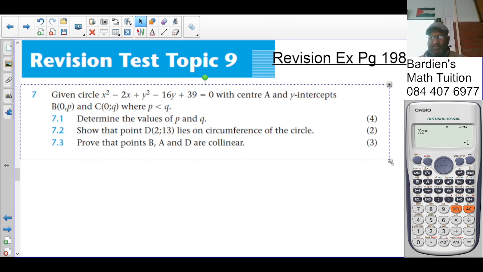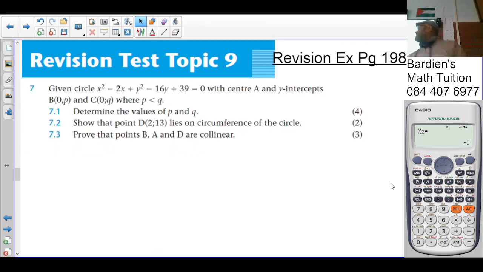Okay, so let's go through number 7 quickly. In number 7, we're given that x squared minus 2x plus y squared minus 16y plus 39 is equal to 0 with center A and the y-intercepts at (0, p) and (0, q), where p is less than q. So if you draw what they are telling you here, determine the values of p and q. So firstly,